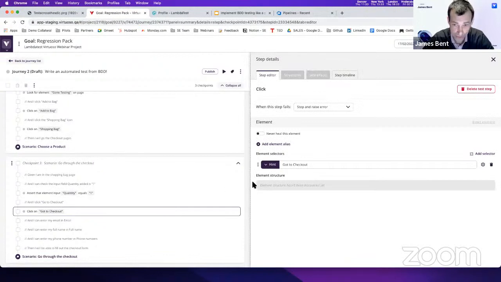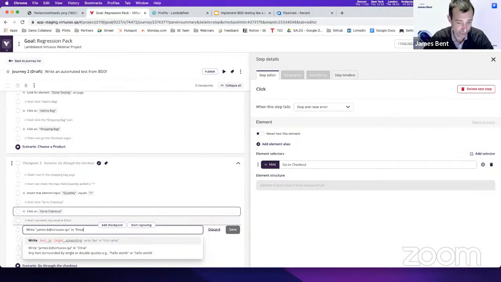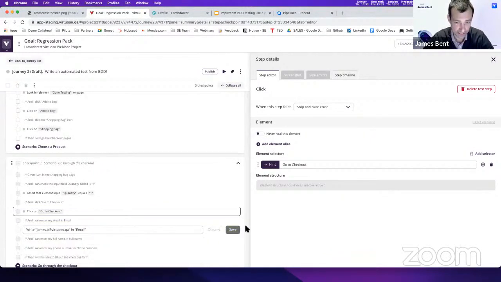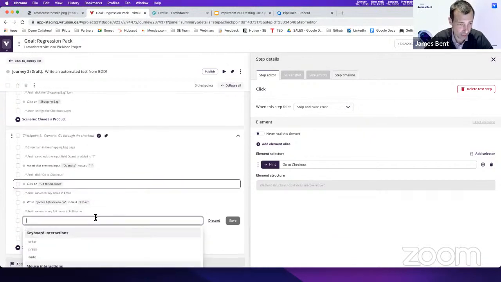And note I did actually just do a typo there, so I can easily just go and update that. So go to checkout, fantastic. And then here I'm going to write my email in the email box. So let's write james.b@virtuoso.qa, which, by the way, anybody is welcome to email me at after the session if you want to know more. That's fantastic. And then I've got a final couple of steps, which are to say, write my full name